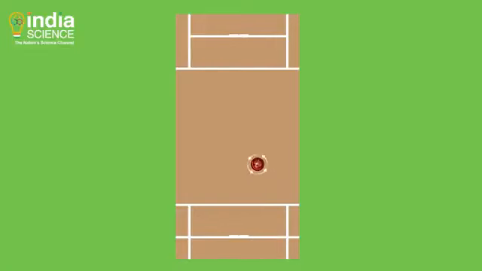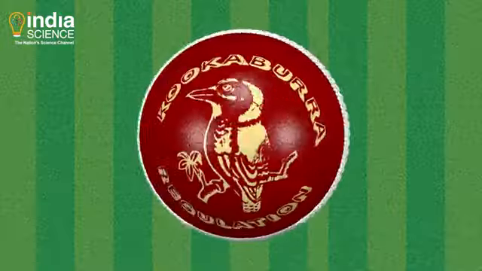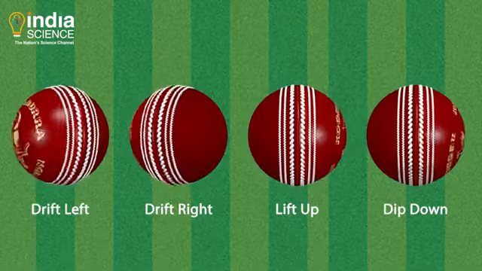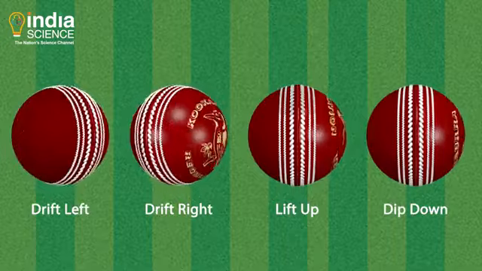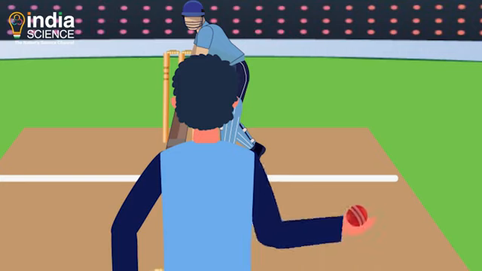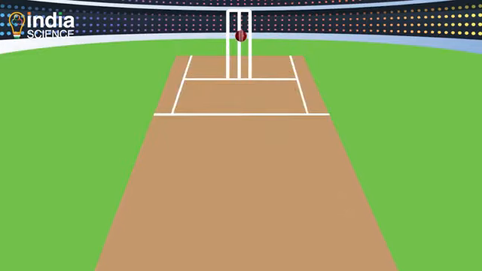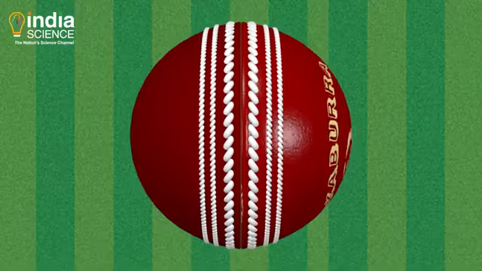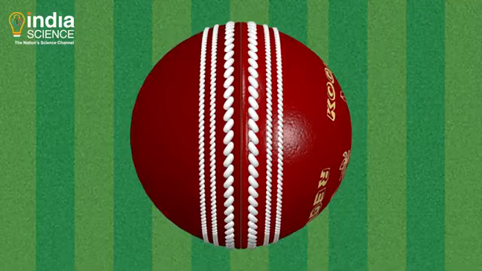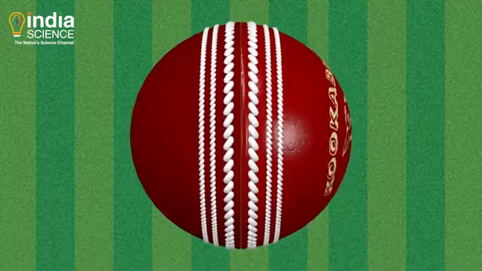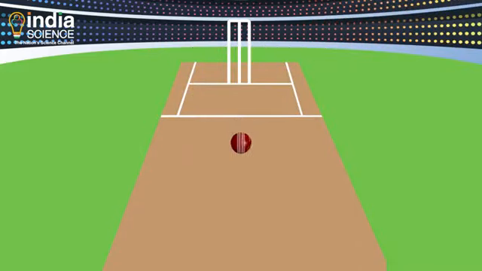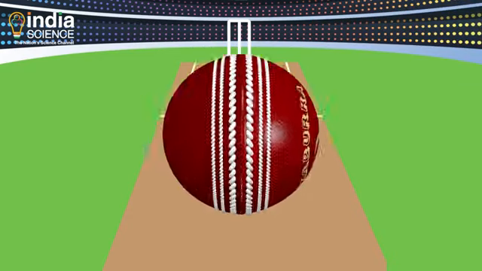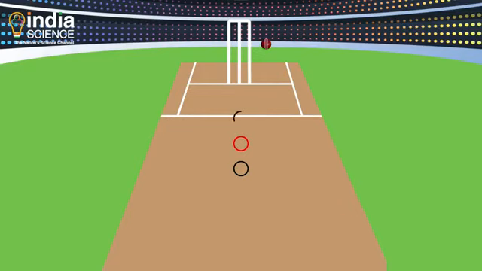Now let's talk about how a ball moves mid-air. Depending upon the direction of rotation, a rotating ball can move mid-air in 4 different ways. How? Let's find out by playing a game. Let's throw a ball thrice at the same speed and angle and mark the point of contact. First, throw the ball with no spin, then with a forward spin, and once with a backward spin. You will notice that when we throw a ball with forward spin, the ball falls at a distance shorter than it would when the ball is thrown without any rotation. And in the backward spin, the ball will pitch ahead.